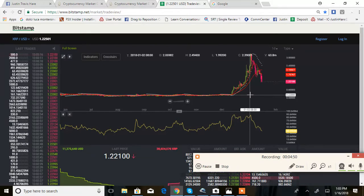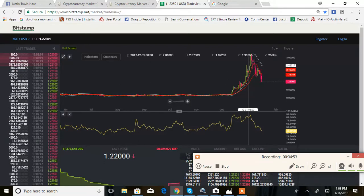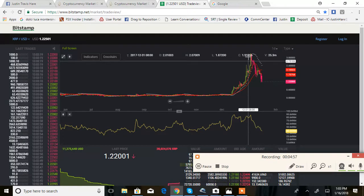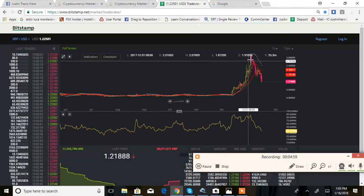And the bleeding will stop. And you know what, guys? This isn't a trade. This is a long-term hold. If you got in even at $2, $3, and